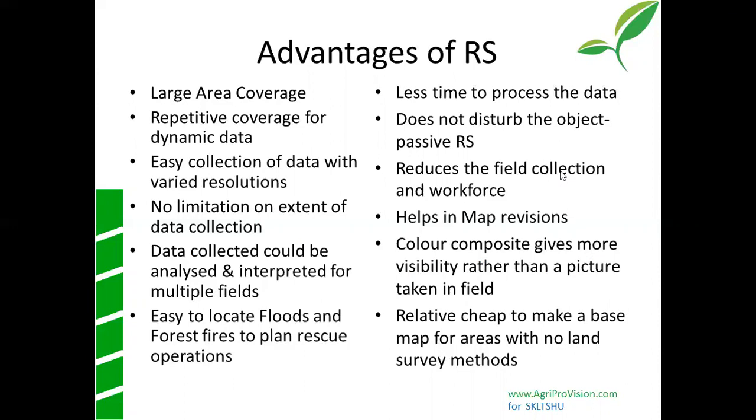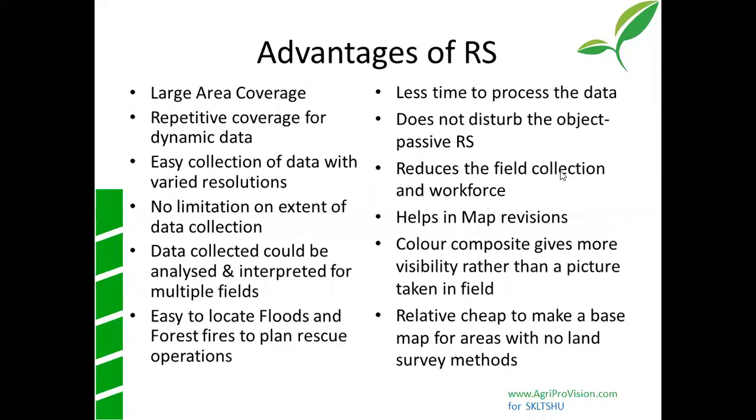For example, if you want to take crop data, say you have about 20 acres of land and you have planted so many plants in those 20 acres. It could be tomatoes, it could be anything, it could be orchard plantations like mango. And they are randomly placed, for example. And you want to do a field collection of how many plants are there. Then it takes about a day or more than a day for a person or maybe a few people to go around the field to collect the sample. It could be 20 acres, it could be 50 acres, it could be 200 acres.